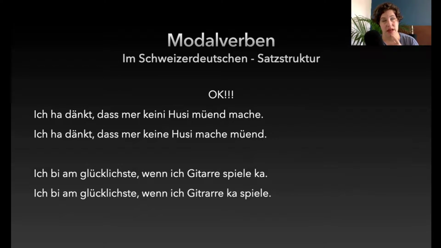So, if you're trying to produce Swiss German, if you're trying to speak Swiss German, then just go with either the modal verb all the way to the end, because as you can see, it is correct. Those sentences are all correct, all four of them in Swiss German. If you're a bit more advanced and you can remember the subclause rule, what about the end? In Swiss German, do it the other way around.